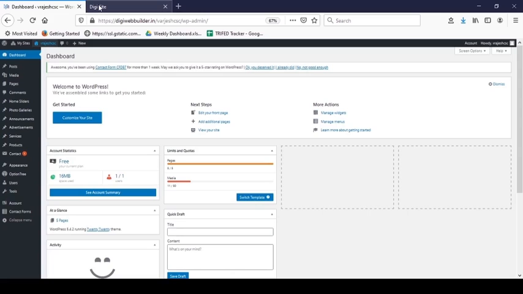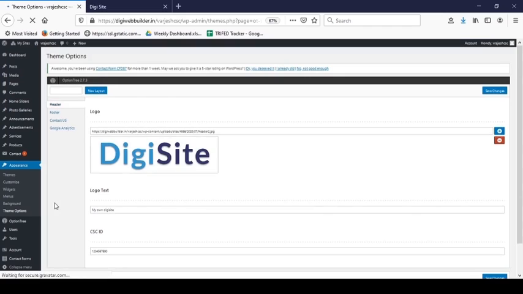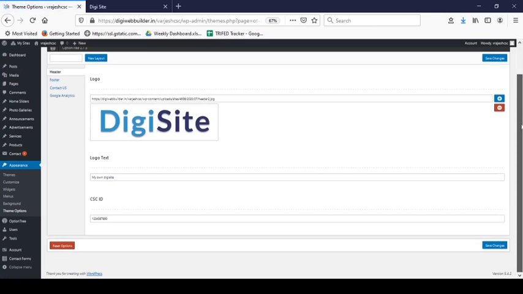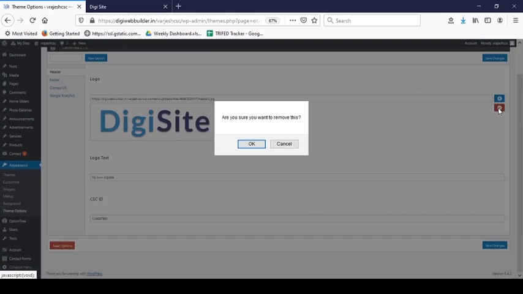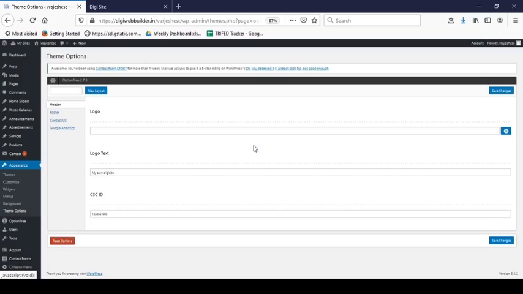To edit this header section, click on Appearance, Theme Options. From here, you can edit the logo of your site. To remove the old logo, click on Remove Media, click on OK.